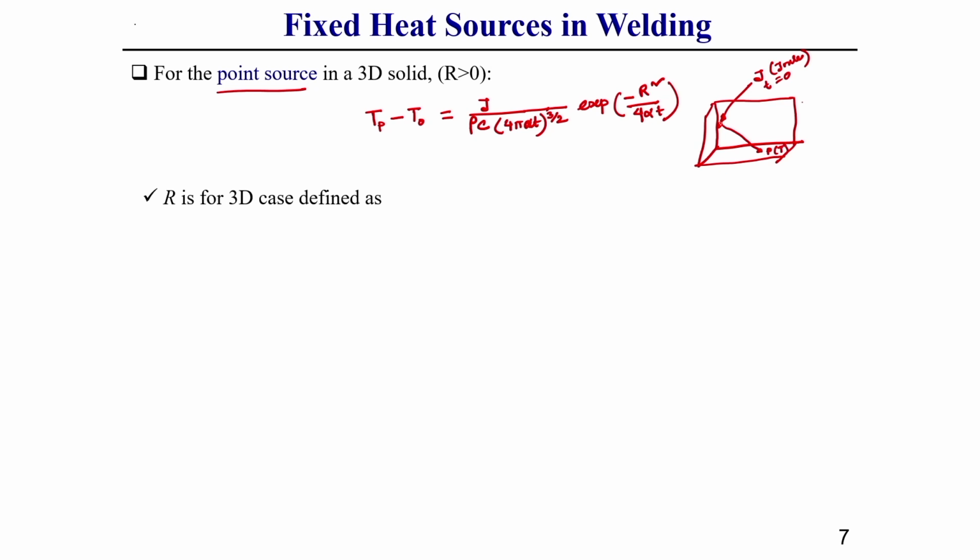So, where we are applying the heat, let this be point O and this be point P. So, here OP is equal to R. This R, as I have already told, you can retain as a function of x, y and z, x square plus y square plus z square. That means, through thickness also it is varying. This you should keep in mind. This is called the solution of point heat source in case of fixed heat source condition.